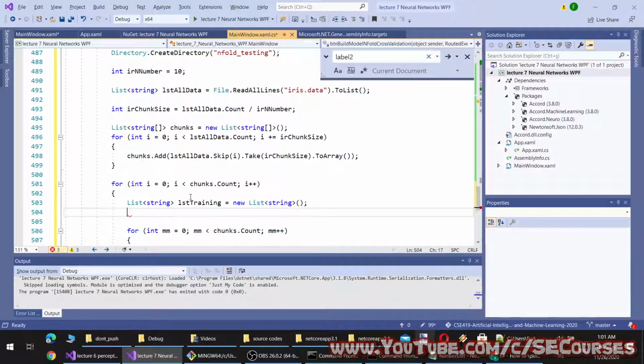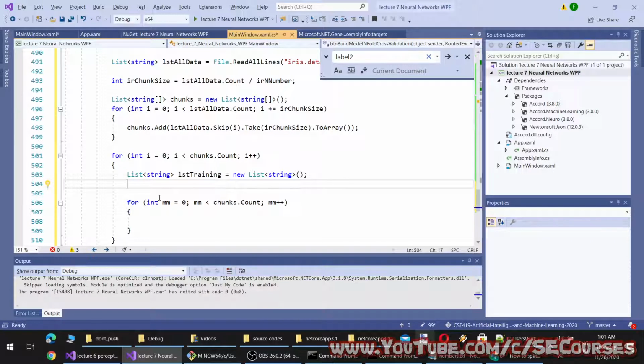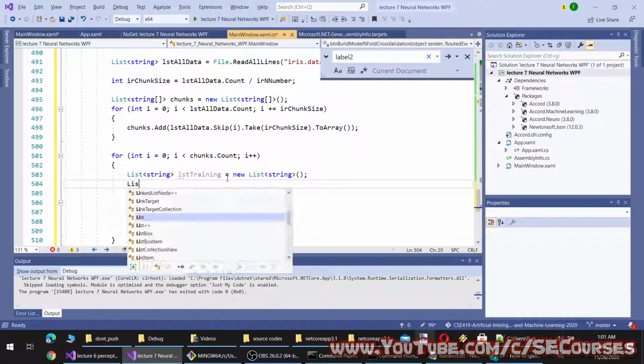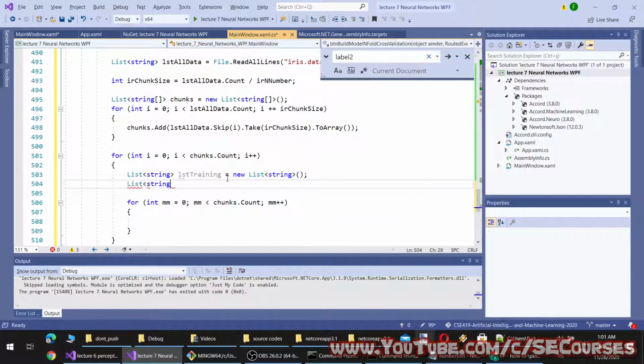I don't need this. Let's make it. It will be better. You see, at each loop I will be generating a new list. This is the easy way, but lame way we can think about that.